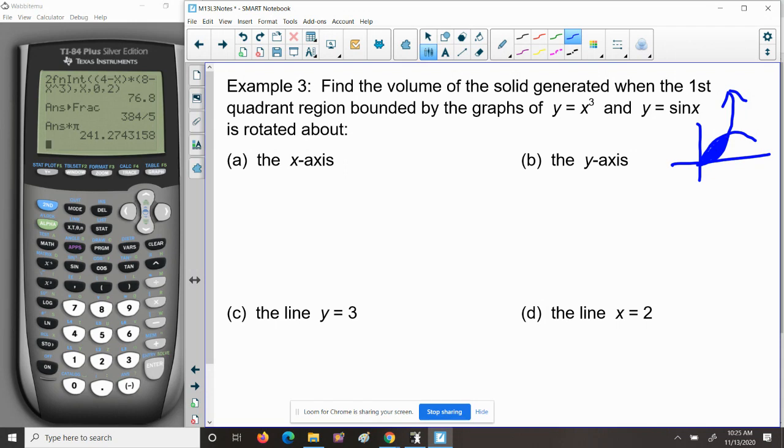Now we've got to figure out where they are equal to each other. We know that they'd be equal to each other at 0. 0 cubed is 0, sine of 0 is 0. We know they're equal at 0, but we need to find out what this value is. I'm going to call it A because that's going to make it easy to refer to it in our integrals